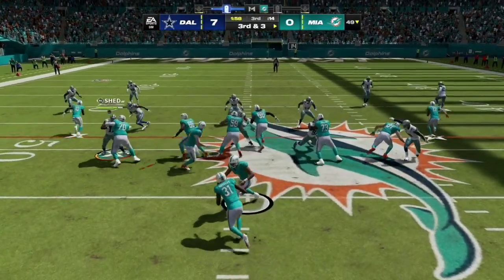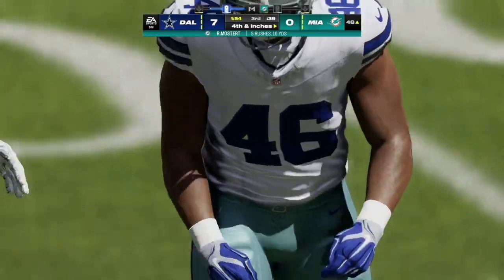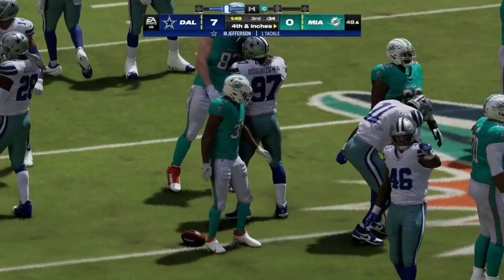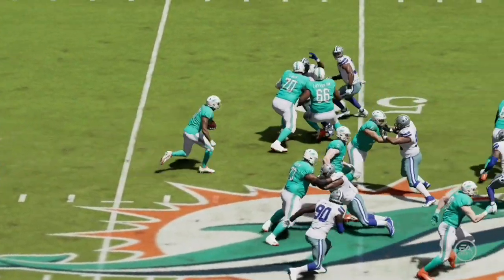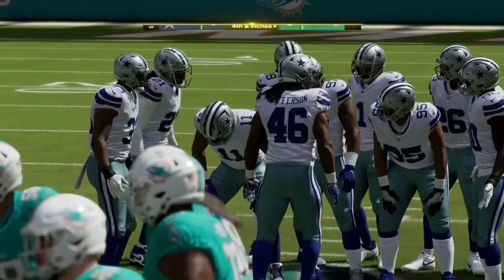Here on 3rd and 3, they're going to hand the ball off to Mostert, and he is met right at the line to gain, and he will be just short of it with a 4th and inches at the Dallas 48-yard line. And let's take a look at the replay right there